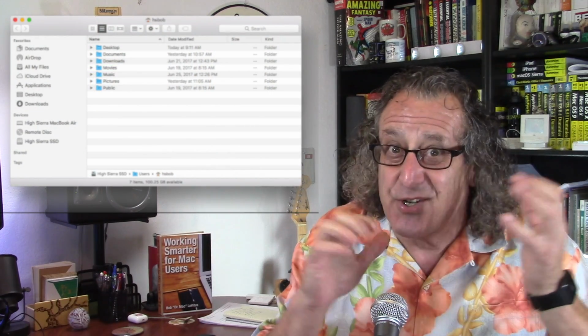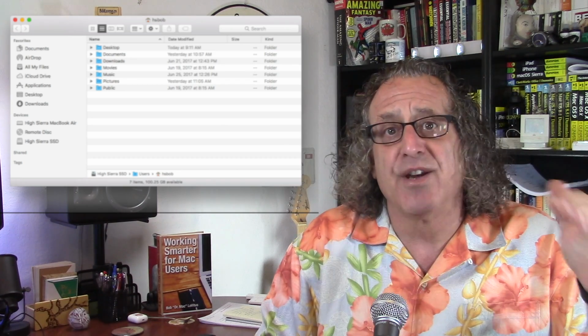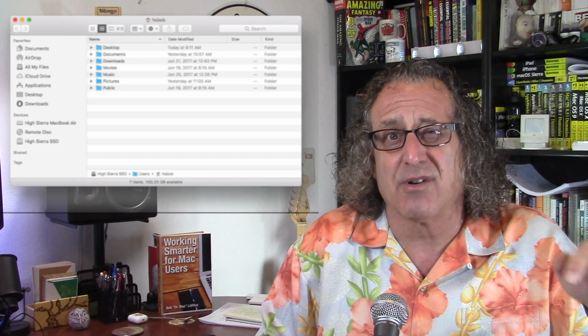The debate over how to organize your files, however, or whether to organize them at all, has been going on since time immemorial, or at least since I got my first Mac in 1984. When you install Mac OS, Apple provides a handful of folders in a brand new stock home folder to get you started. Those are Documents, Downloads, Desktop, Movies, Music, Pictures, and Public, to name a few, I think, or to name them all, maybe.